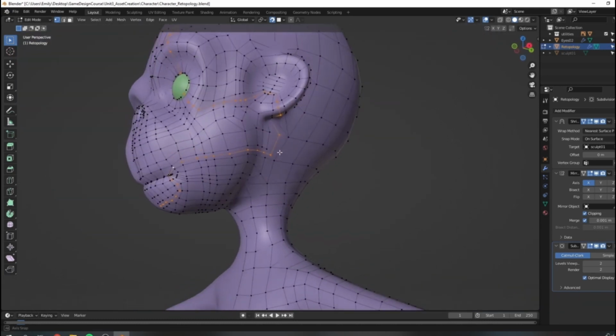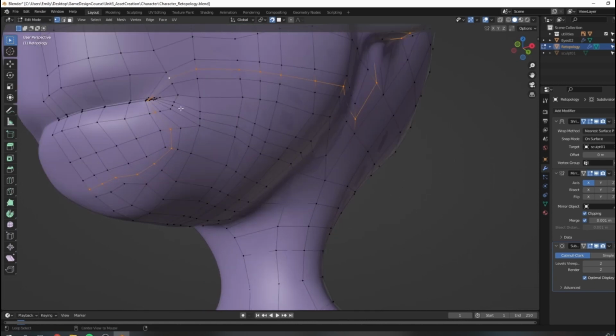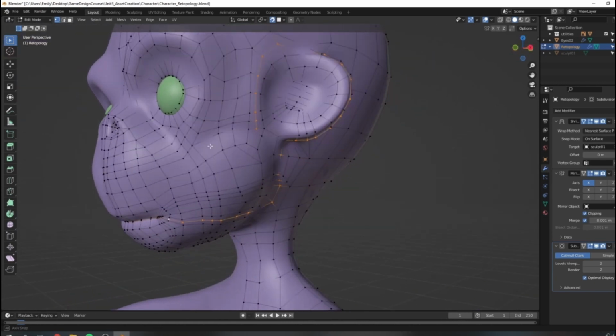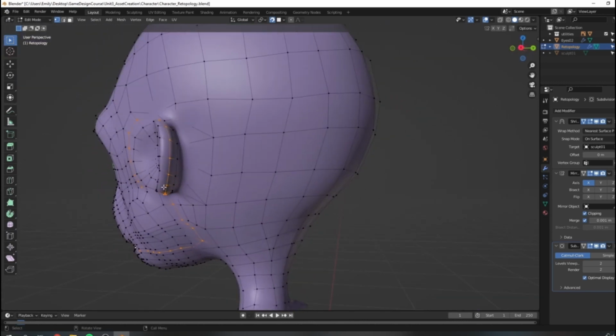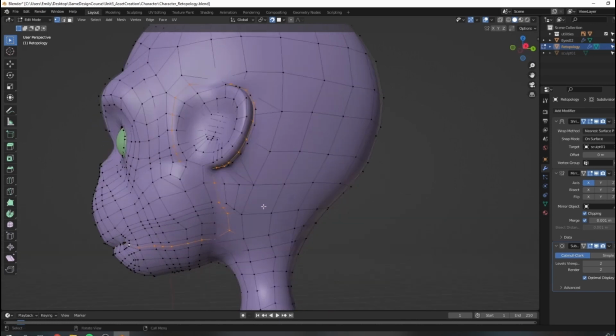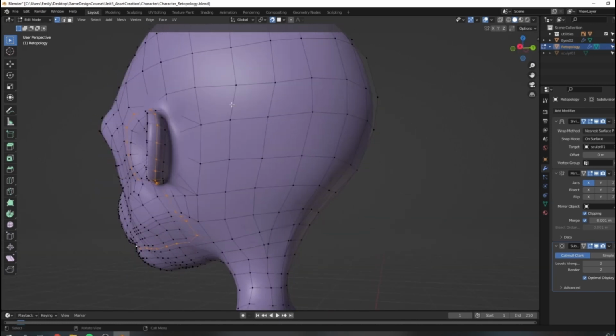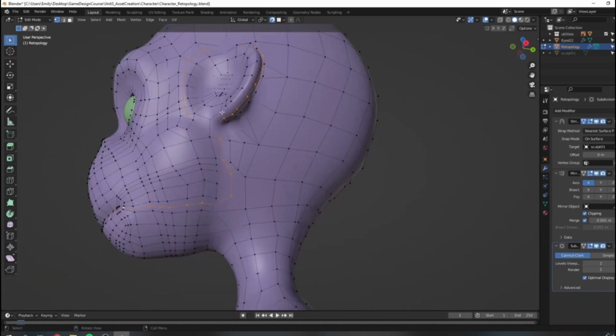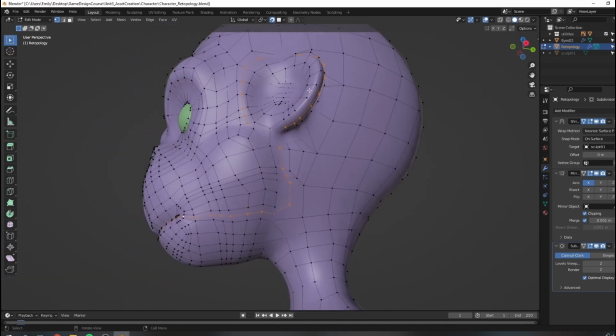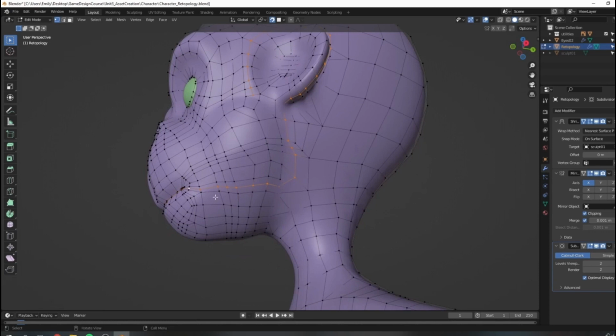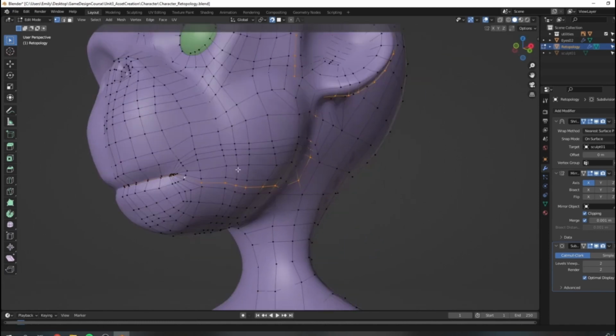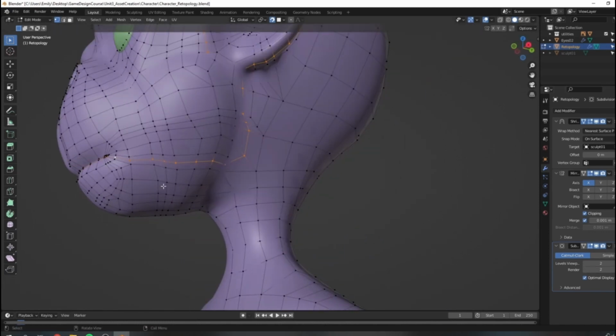So if we address this area first, we should save ourselves a little bit of work. So right here, I think I added an edge loop around the ear to add a little bit of roundness around the ear, but because of the formation of my edge loops, it ended up coming all the way around to the mouth, which I do not want. So what I'm going to do to fix this,